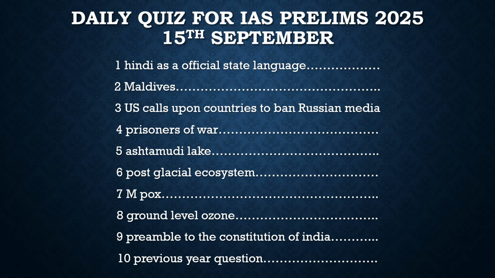Another set of questions which we discuss here are from the static portion. If you have followed me, you would definitely know that we had started discussing some static topics here, and we had started with the Indian polity. The book which we are using for that is Lakshmikant. So today we are going to end this important chapter in the Indian polity, that is the preamble to the Constitution of India, and derive some questions on this topic.